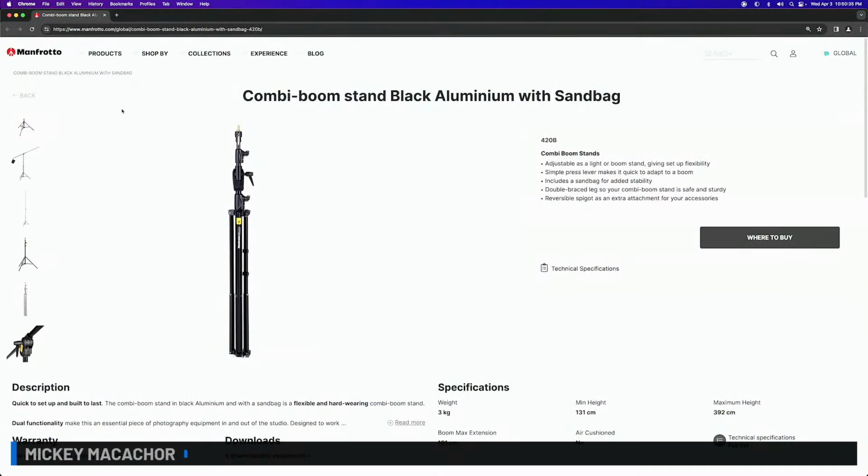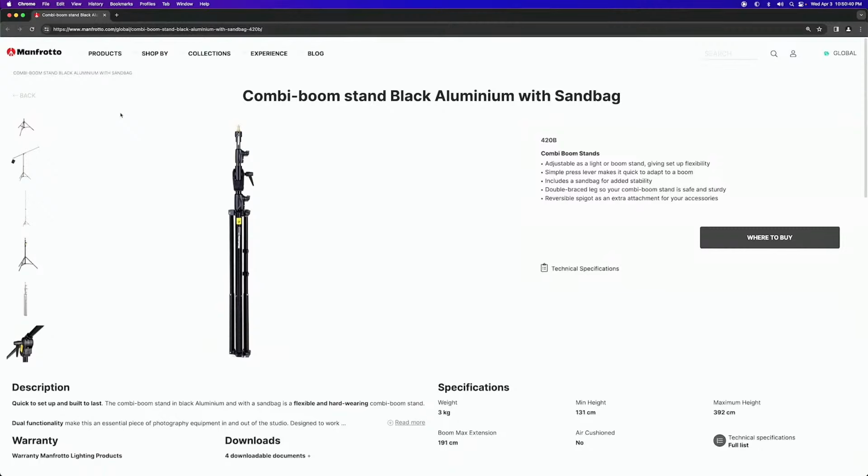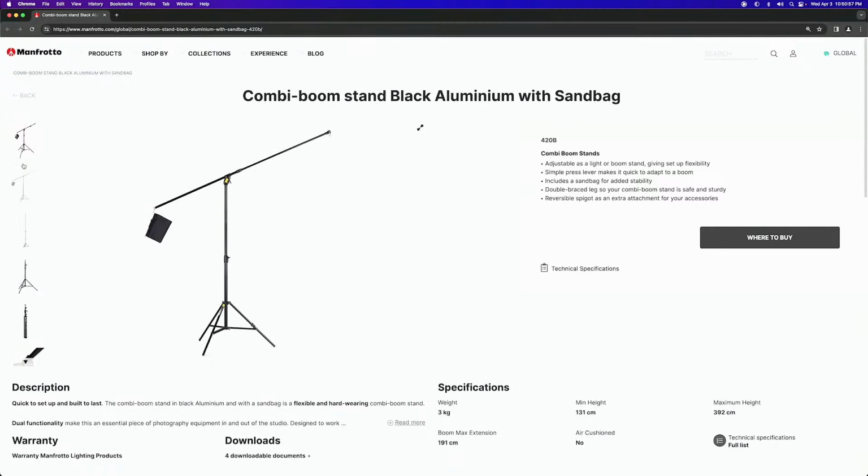Mickey? So yeah, I'm a big fan of the Manfrotto 420B Bravo stand. It's just a little over $200, I think it's like 210 or 220 US. But they do the job great. They fold up just like any other light stand. And when you open it up, you pull the first two sections out, and there is a latch that will allow you to boom it. This is my go-to